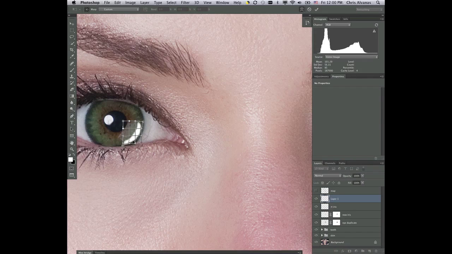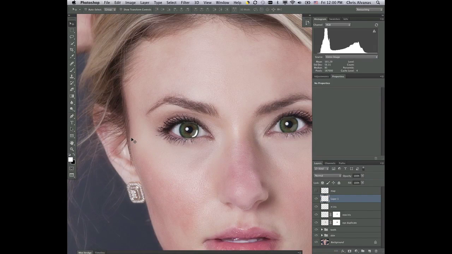to make this a little bit more believable, a little bit more in shape of the eye. I'll hit OK. And now if I zoom out a little bit,